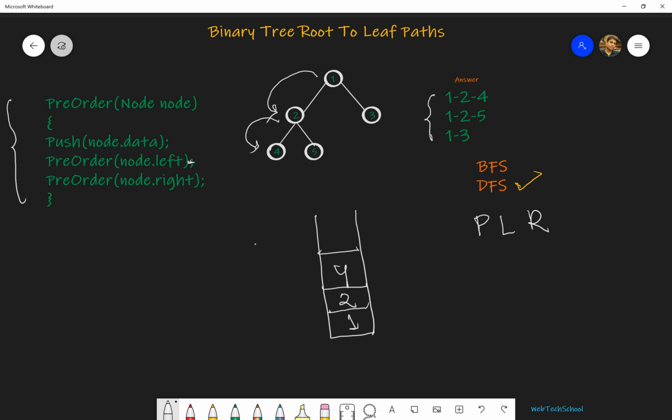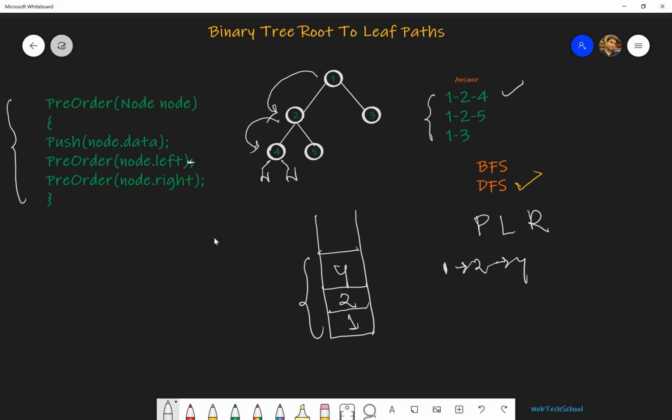Now for 4, both its left child and right child are null. That means 4 is a leaf node. Whenever we encounter a leaf node, that means our stack has the path from root to leaf. If we print the stack in reverse order, this will give us back 1, 2, and 4, which is nothing but our first answer.